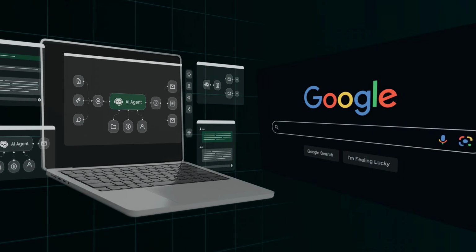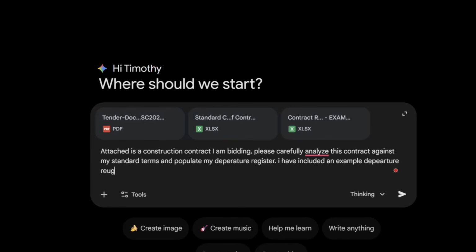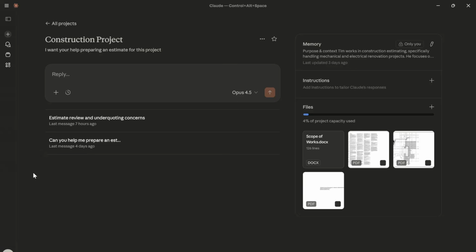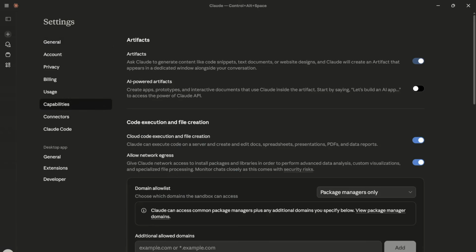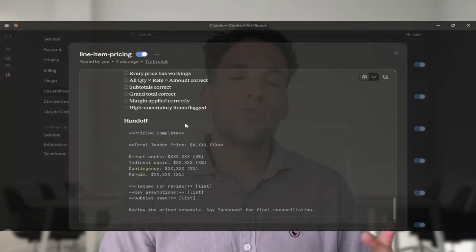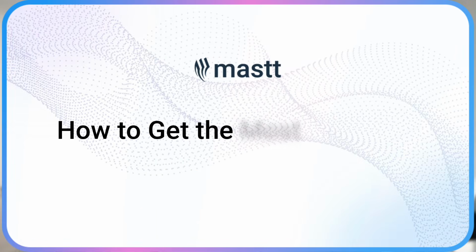Chances are you're using AI like a fancy Google search. Maybe you've gone a step further and done stuff like upload a contract to ChatGPT and ask it to review it. Definitely useful, but with understanding a few different techniques and tools, you can get a lot more out of AI. So in this video, I'm going to show you an exact step-by-step guide to getting the most out of